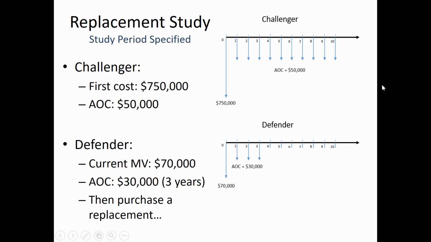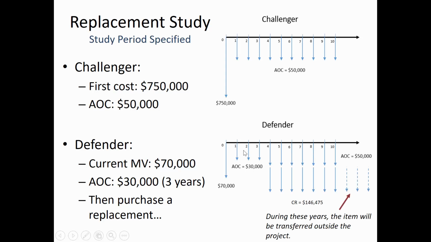Now the challenger, this new equipment that we're considering, costs $750,000 now, annual operating costs of $50,000, and then it lasts for 10 years. So 10 years is our study period. It's the life of the challenger. So we have to find some way to use the defender and then also bridge the gap all the way out to 10 years. And what we're going to do to make those two lives the same, in the problem statement, it says that you can then purchase some new item that has a capital recovery cost of